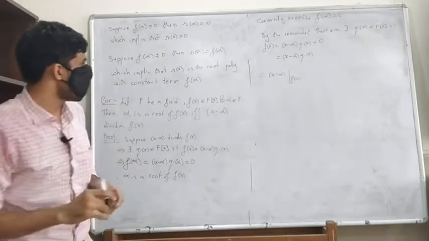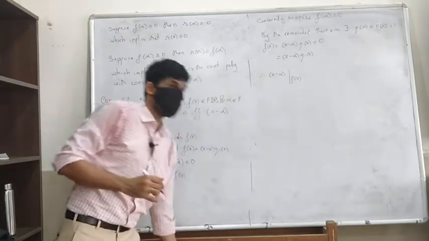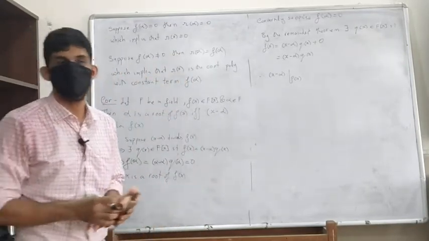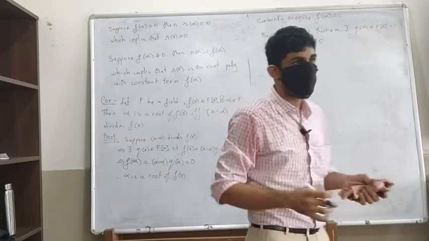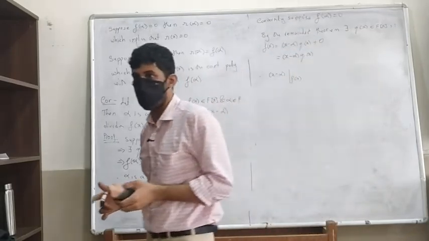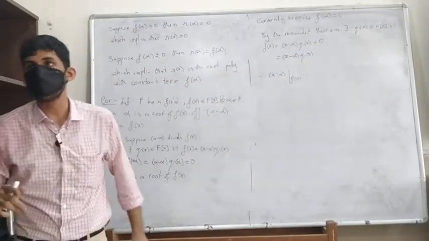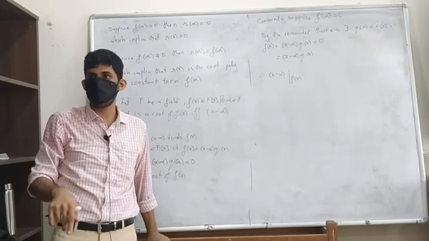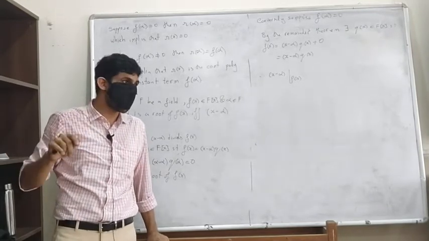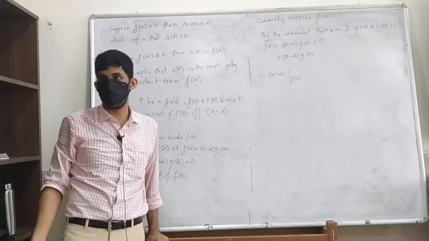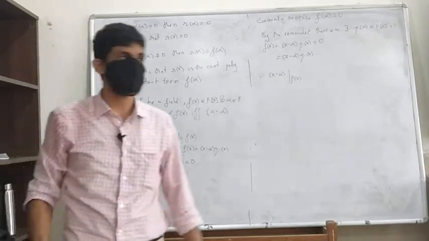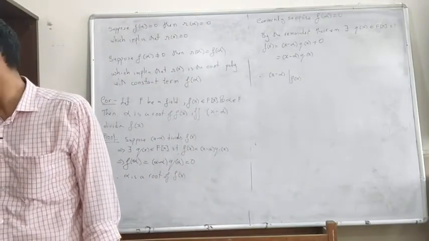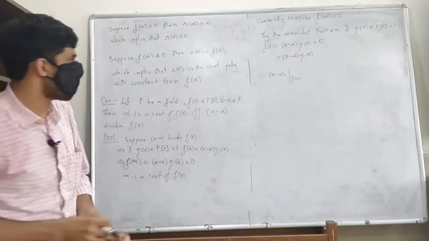So there is another equivalent way of talking about, you will remember, what's the definition of multiplicity of the root? Yeah, we said that alpha is a root of multiplicity m if x minus alpha raised to m divides f of x, but x minus alpha raised to m plus 1 does not divide it. Okay, that means that it is a root of multiplicity m. So there is a relation between that. There is another equivalent statement for that.